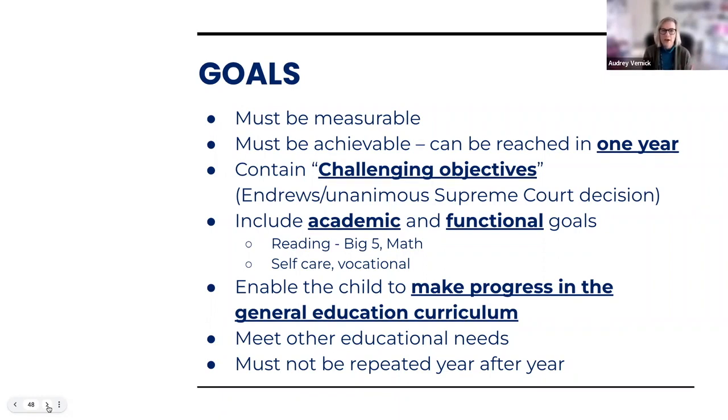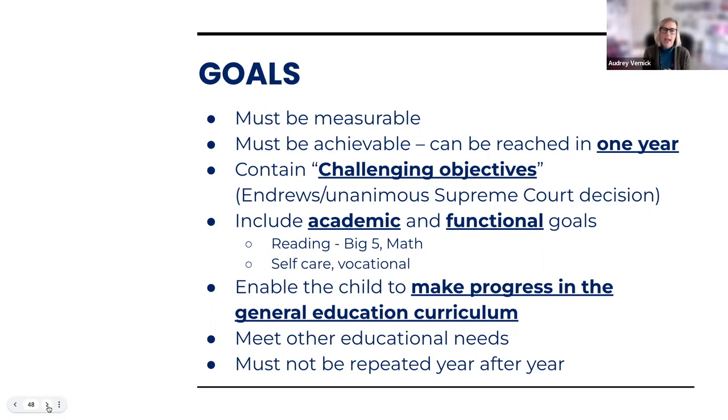That's not good either. The goals have to contain challenging objectives, and this doesn't necessarily refer to those benchmark objectives that are related to if you're in the alternate assessment, but it has to have something in the goal that is challenging. This is based on the Andrew F. Supreme Court decision. I sent you guys a handout about that, talking points. You can find them on understood.org. They have a great set of talking points you can download about how to make sure your goals are aligned to challenging